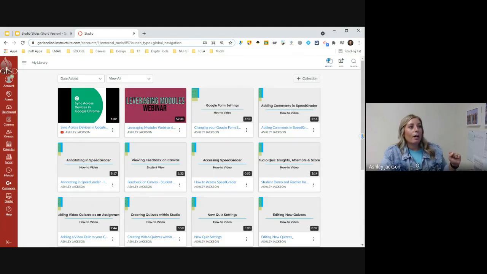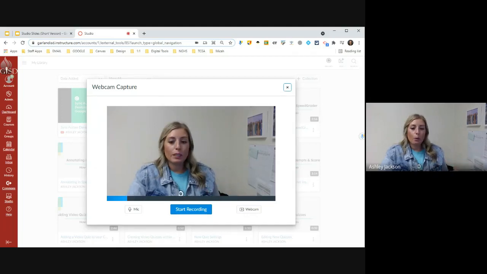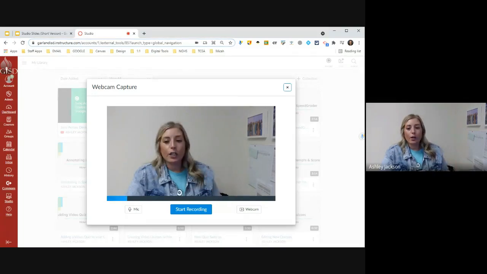All right, so instead of clicking the add button, this time I'm going to click the record button in the top right corner. And it gives you a drop-down menu, and you can either choose to screen capture or webcam capture. So again, if you do webcam capture, it's really simple. It just pulls up your webcam, and you can start your recording right here. So if you just need to record a simple message to your students, you can go ahead and just record that right there. And it has your lovely face in it, and so you are able to record whatever you need to. So if you start this recording,